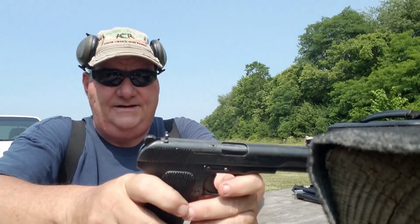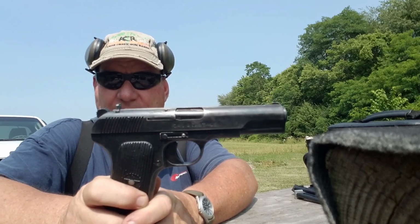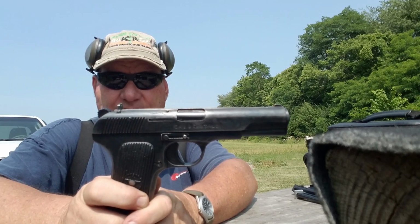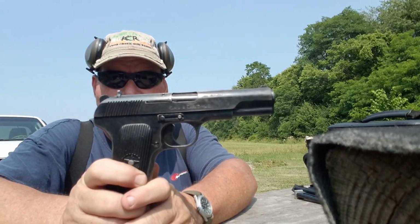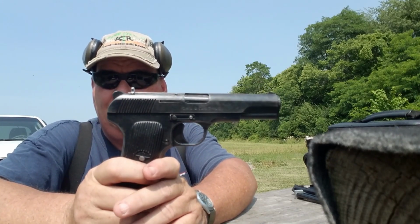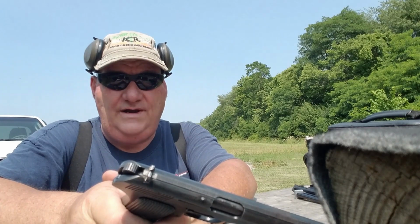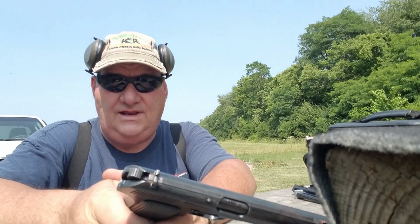Now, the thing about this gun is my cousin Ed and I, years ago in the 80s, after 86, these guns were for sale for $69. You could buy one of these guns for $69, and a case of 9mm cost $69. And we would go up to Centerfire and spend $140 and buy one of these guns apiece and a case of ammo. And at the end of the weekend, we'd still have the gun, but we wouldn't have the ammo. So we'd take the gun to a licensed dealer,